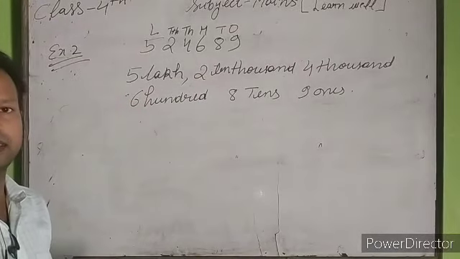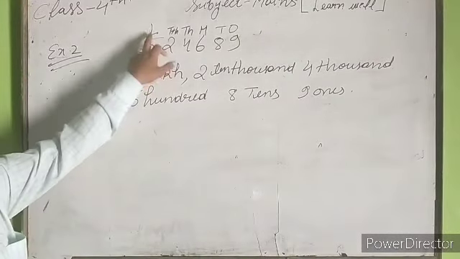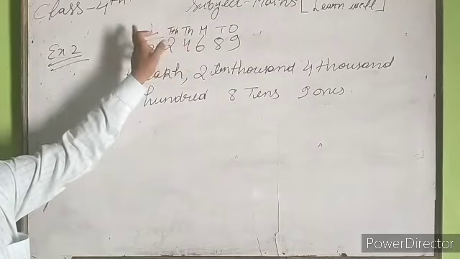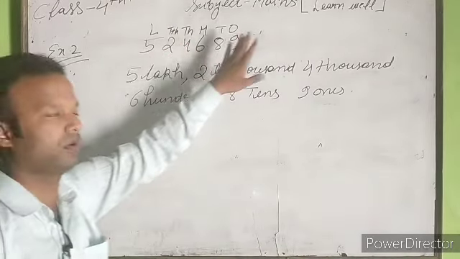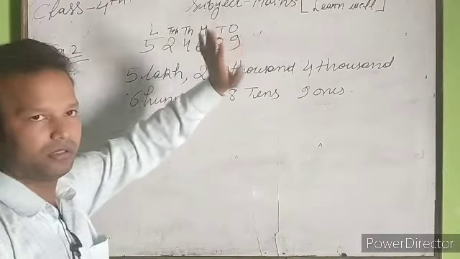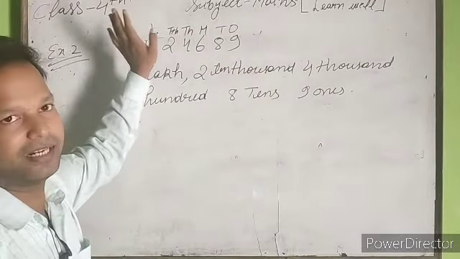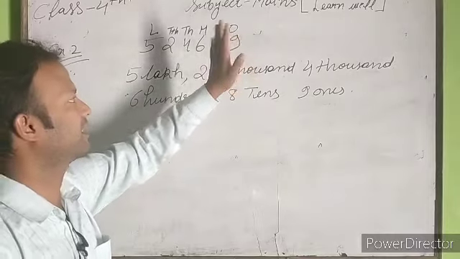Simple. It's very easy, na. You only have to write above it: ones, tens, 100, 1000, 10,000, lakh. If you are not able to remember, it is not needed to write these on the number. You can simply read and write it.